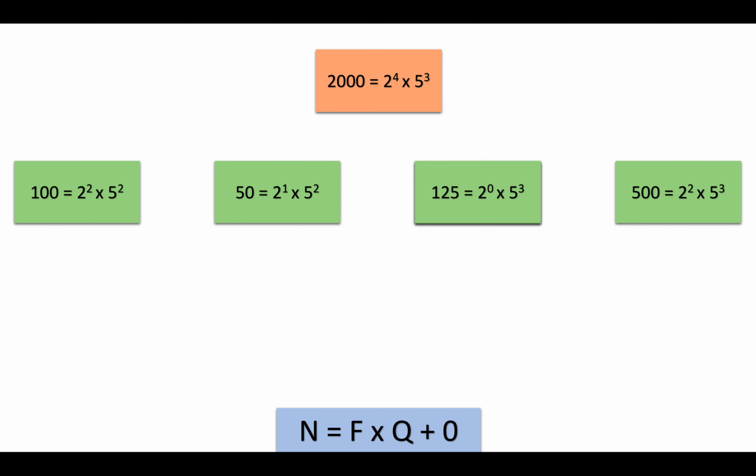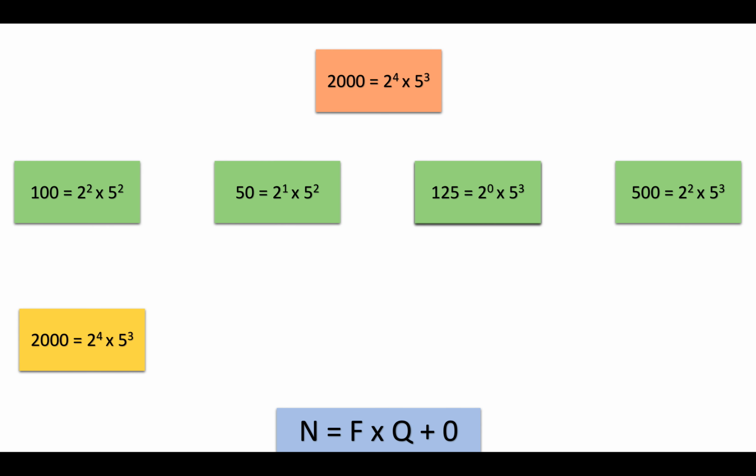So again, writing n is equal to f into q plus 0 by Euclid's lemma, here what we notice is that, let's say you write f as the prime factorization and q also as the prime factorization. The prime factorization of n then would be the multiplication of these two prime factorizations. Or if you look at it the other way, f will be a subset of the prime factorization of n. Right? F is a factor of n and the RHS is f multiplied by q. So the prime factorization of f will be a subset of the prime factorization of n as a whole.